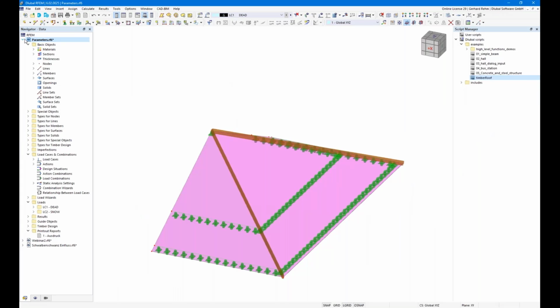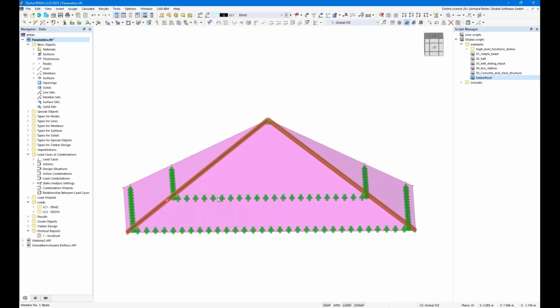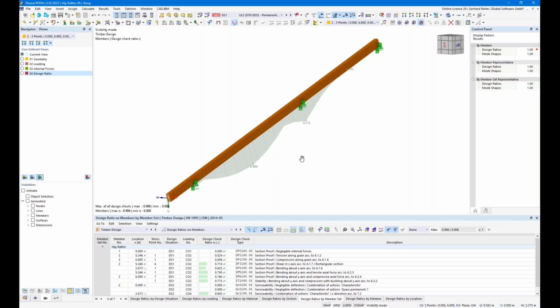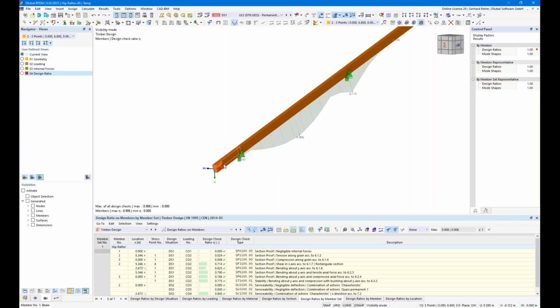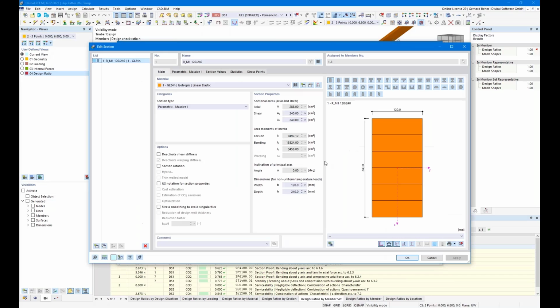Okay, then let's go back to the hip rafter again. As you remember, maybe I've used my previous example, this one. So as you know, we have defined here a rectangular section for this cross section. Let's check this out. Of course, we have some cuts here on the top side for this hip rafter. We have some bird's mouth cuts here on the bottom side,